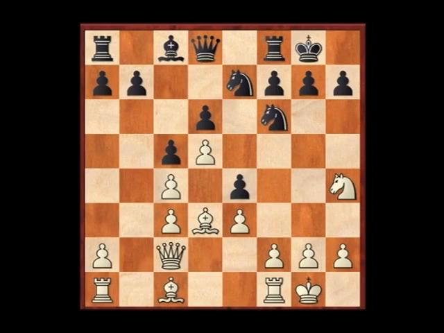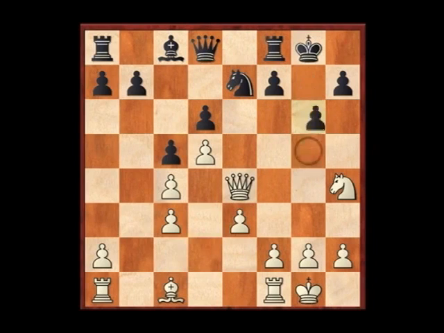If White goes back, g5, White simply loses the game. On e4, bishop takes, knight takes, queen takes, and g5, double exclamation mark, is still good